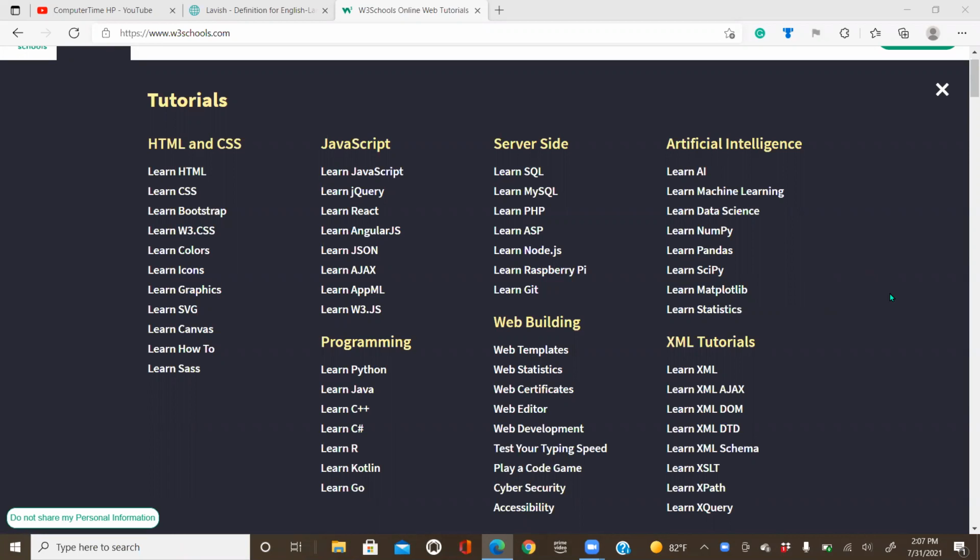Today I'm gonna tell you about how many programming languages you need to learn in order to make a website. On this website, you can see that there are so many programming languages, but in order to make a website, you need to know there is a concept called front end web development and backend web development. The front end web development is about what you see on the website, what the user sees